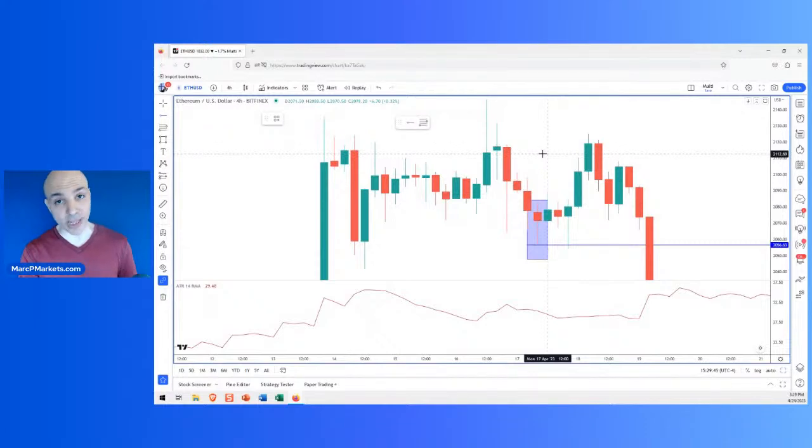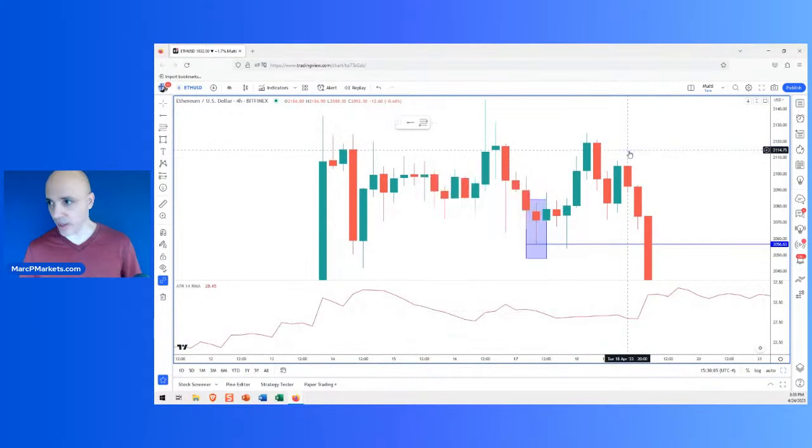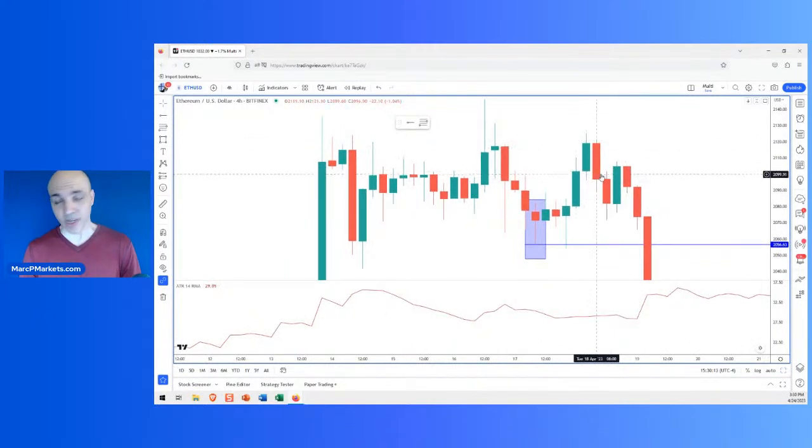Now, if we take that same ATR, let's see, 60, and we multiply that by 3, that's 180, right? Was I able to make 180 points? Let's see, 2082. So 180 would be, let's see, 2182. So no, this thing never made it, right? This thing never went 2 ATRs. It never went ATR, I'm sorry, times 3. It never went there. Okay, so in a situation like this, what do you do?